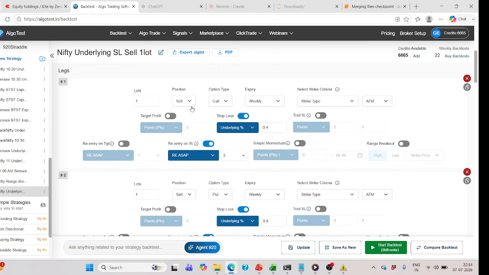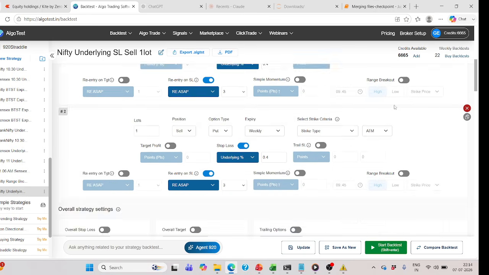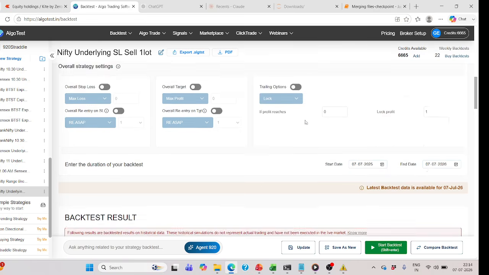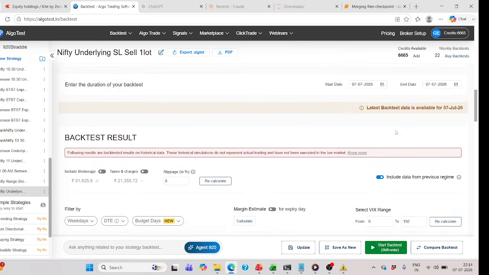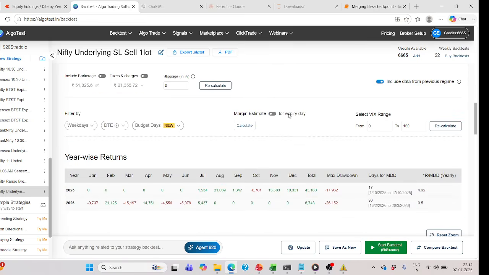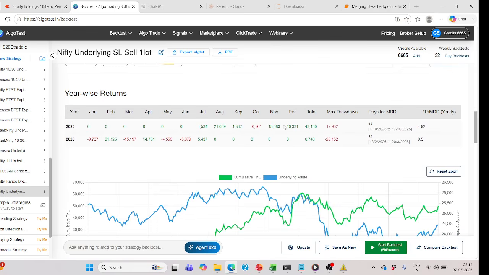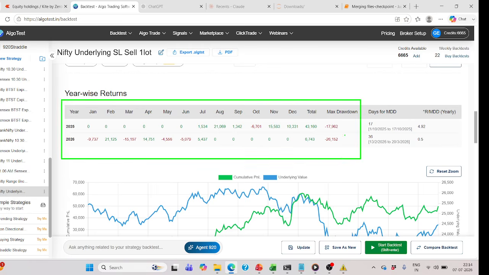So I'm just selling a call and a put, and all I have to do is select a time frame and just run. I have already run this because it might take a minute or so, so I don't want to waste your time. Once it is done, you get these numbers where you can see what the profit is over the months, what the maximum drawdown is,